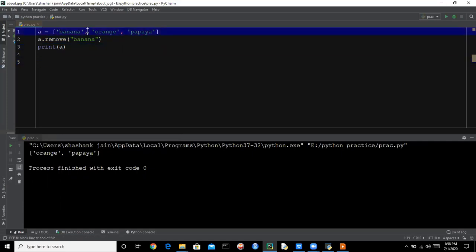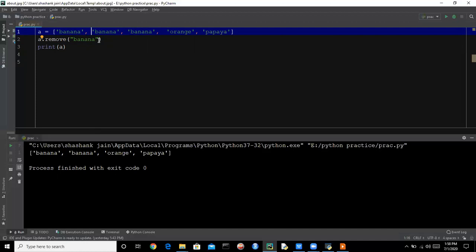So what if we are having more than one banana in the list? Can it remove all the bananas from the list? Just pause the video and think about it, and let's see what will be the output. So it can remove only one banana, not all the bananas from the list.